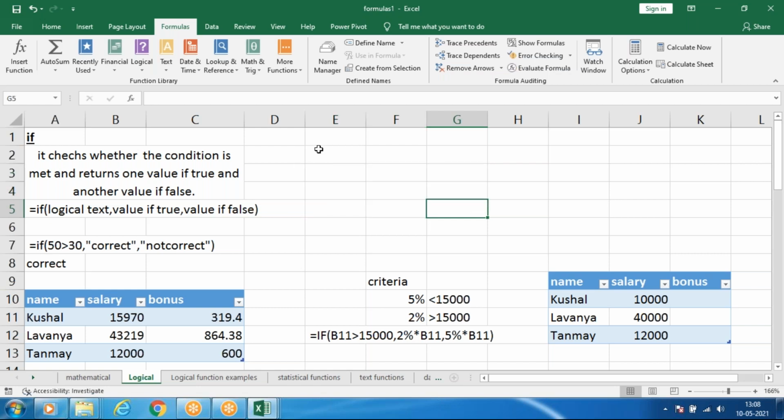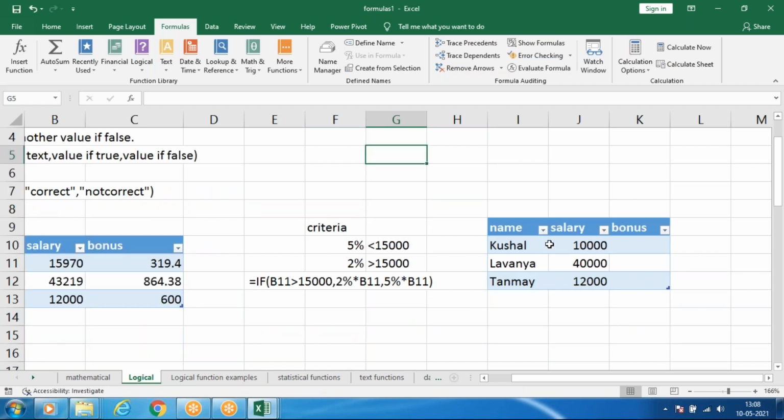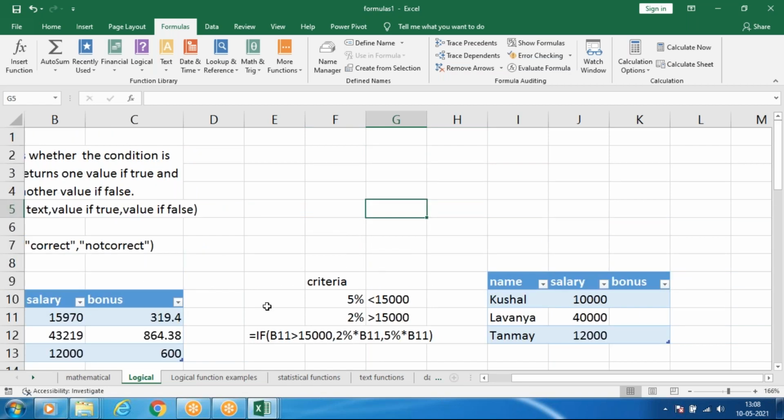But if you use that formula a little bit advanced, we have to use some criteria values like this. Based on the salary, we are going to give the bonus. The condition is, if the salary is above 15,000 they'll get 2%, and if it is less than 15,000 they'll get 5% as bonus.